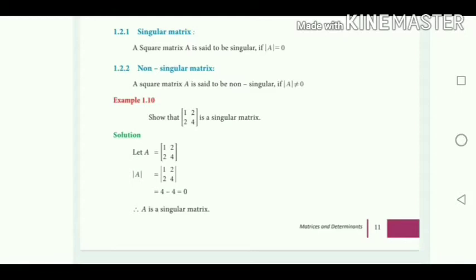Okay, so see what is meant by singular matrix. A square matrix A is said to be singular if determinant of A equal to 0. That is, you have to find the determinant. So for example, 2 into 2 matrix is given, means you have to cross multiply it in order to find the determinant value. So if the determinant value is not 0, in such case only you have to find inverse, because then only inverse exists. Okay, so a non-singular matrix means a square matrix A is said to be non-singular if determinant of A not equal to 0.